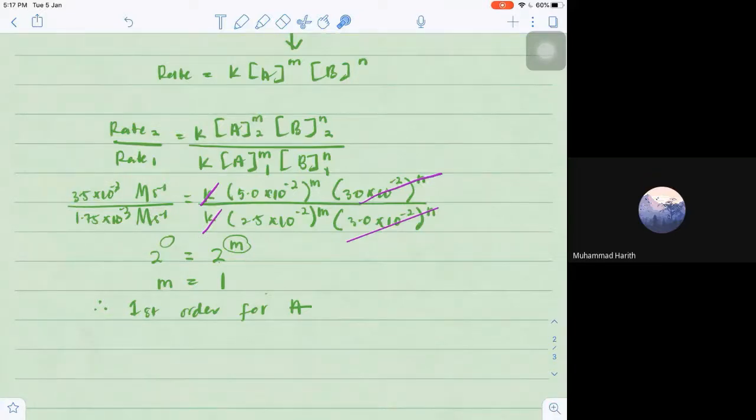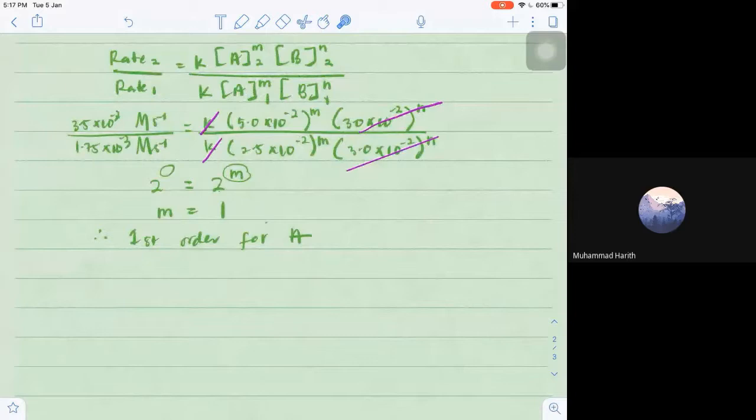Experiment 1 and 3, or 2 or 4. Okay, you can choose any 2. Let's choose 1 and 3. If we choose 1 and 3,